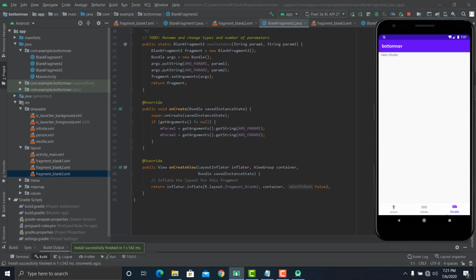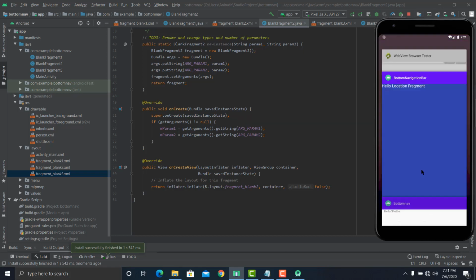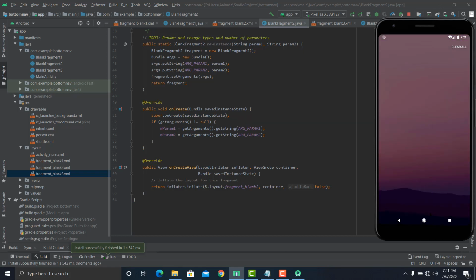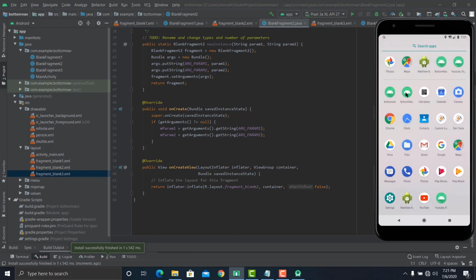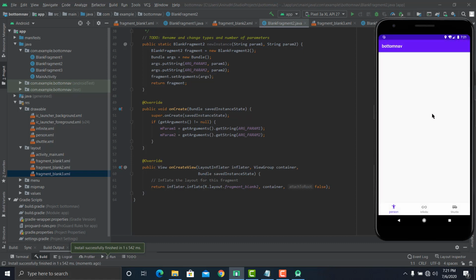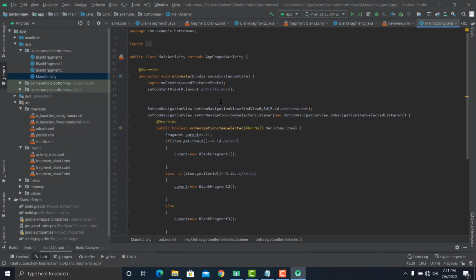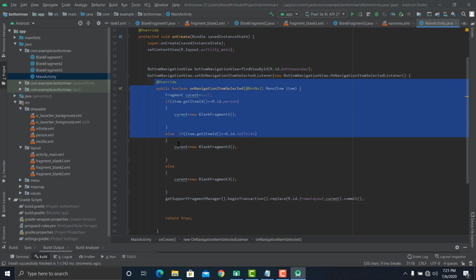But then we've got a problem here. Let's close everything and run it again. In the bottom nav, initially there's nothing in the container, it's completely blank. The reason is that Android selects the current fragment only when an item is selected, but this is never called initially.